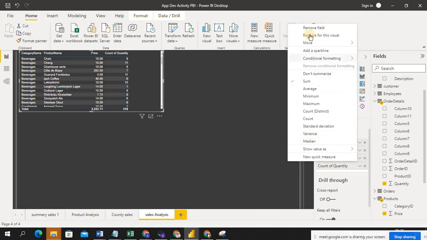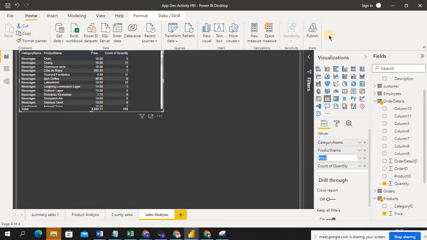If I remove this field, the price column will go. Rename for this visual, I can rename this price as rate. I can rename that visual, and move up, down. So I can rename this field, the price.